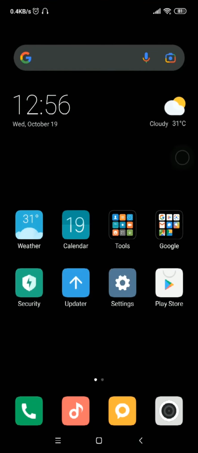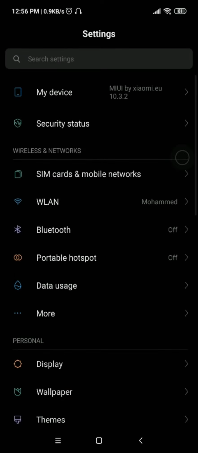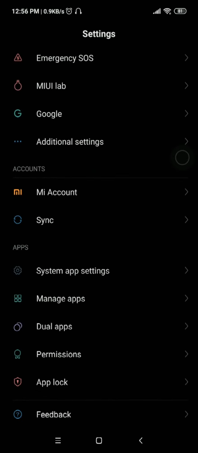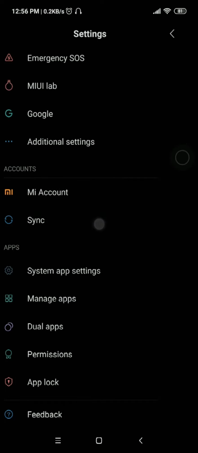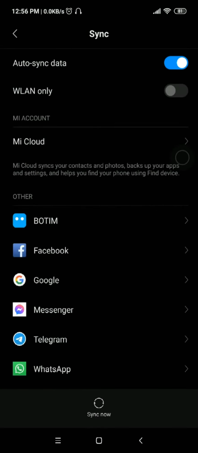First of all, you have to go to settings, then scroll down, and here we can see the option named sync, and you need to click that. And here we go. Once you're here, you can see the option named Google, and you need to click that option. Here we can see 3 emails, but in here I'm going to delete the Gmail